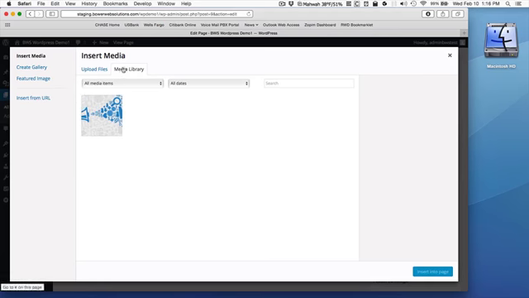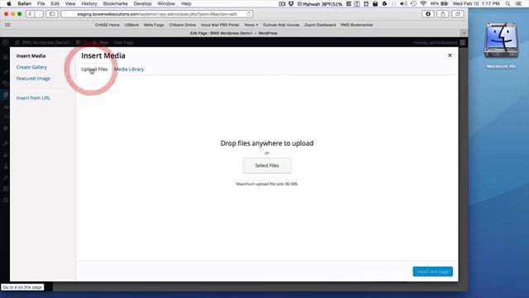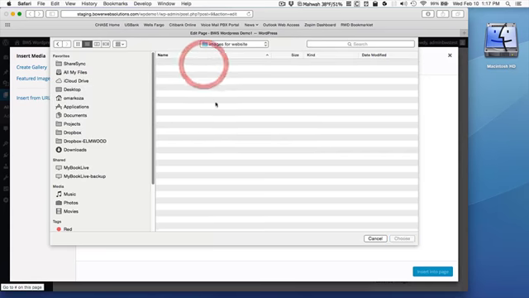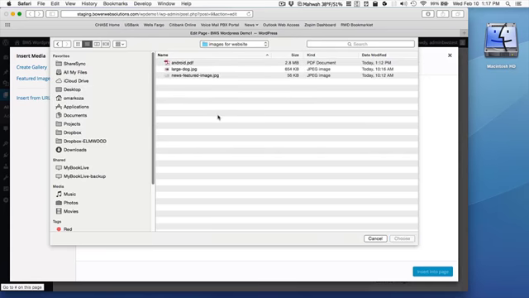This time, instead of picking something that's already been uploaded to our media library, I'm going to click on this tab here that says Upload Files. So I can either drag a file from my desktop onto this area, or in this case I'm just going to simply click on this Select Files button, find an image that I want,